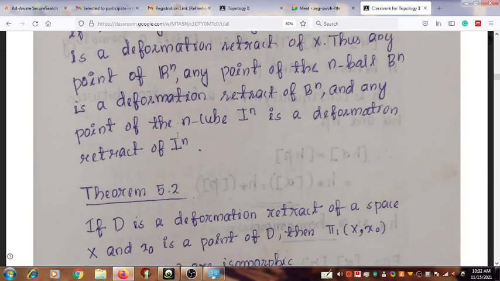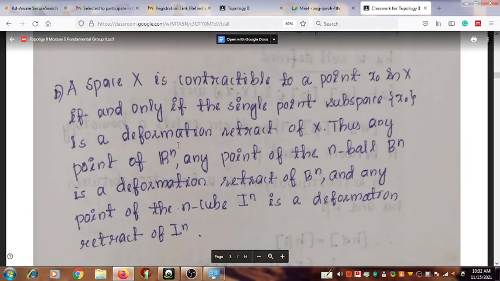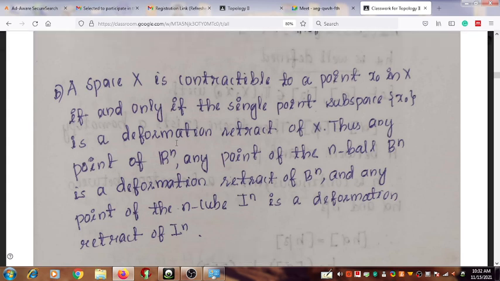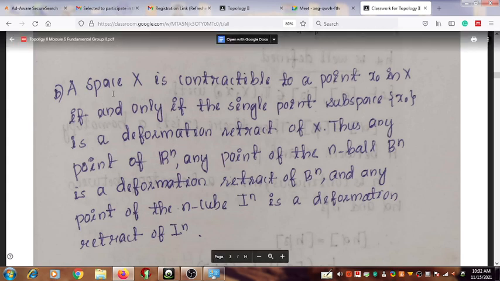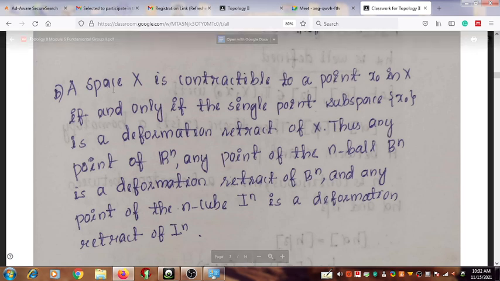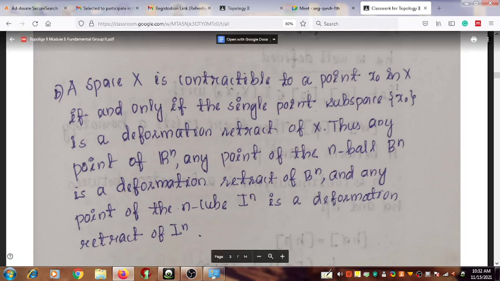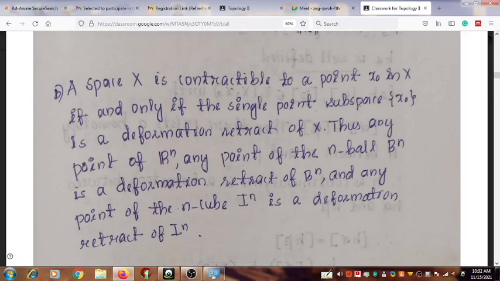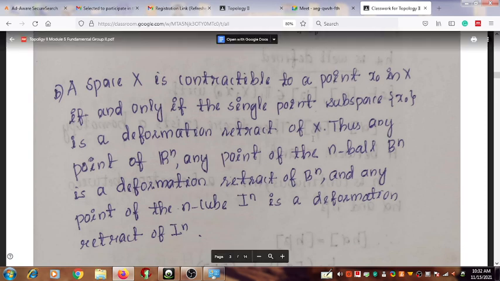Next we have to discuss some more simple examples. A space X is contractible to a point x naught in X if and only if the single point subspace x naught is a deformation retract of X. And thus any point of Rn,